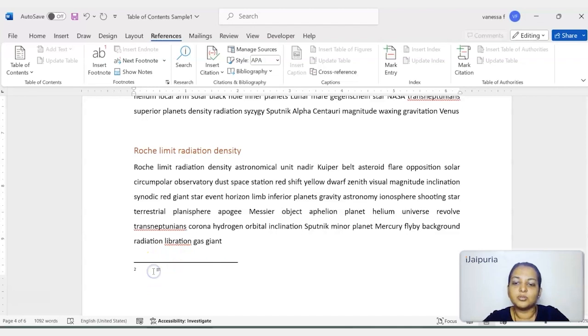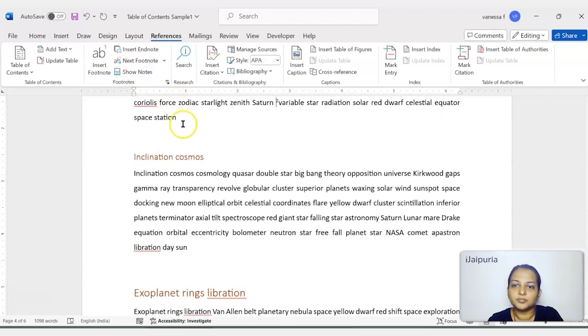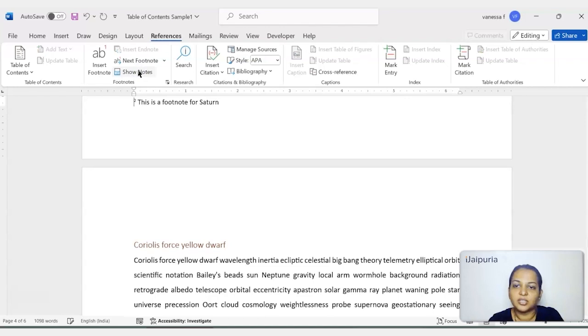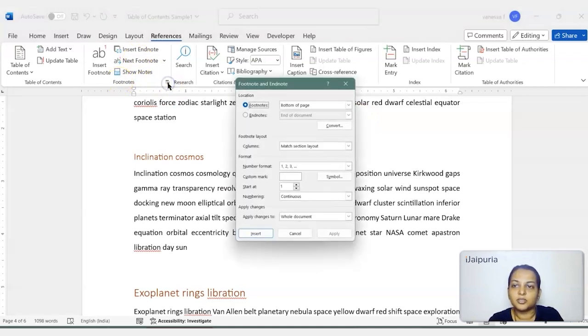Now, in case I want to change the numbering, I can even select that. Saturn. Okay. Now let me go to Show Notes. Show Notes will show me where the note has been added at the particular word itself. If I want to expand this, I'll open the Footnote and Endnote dialog box.